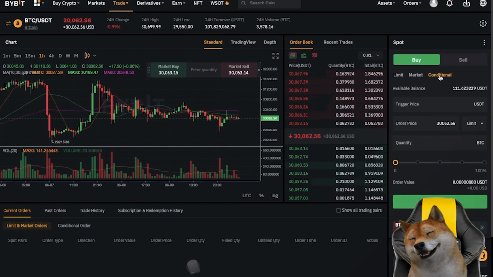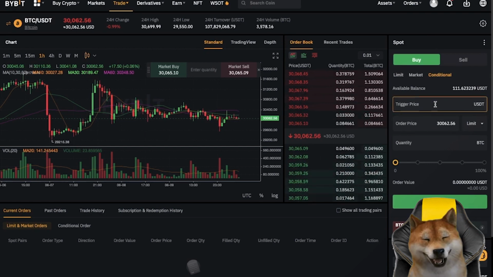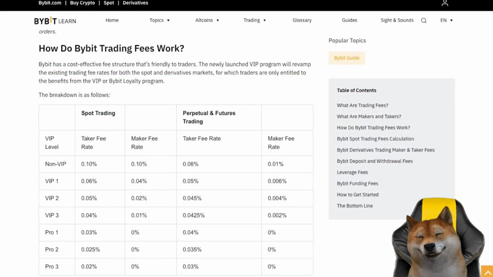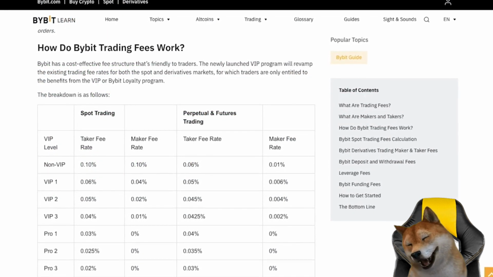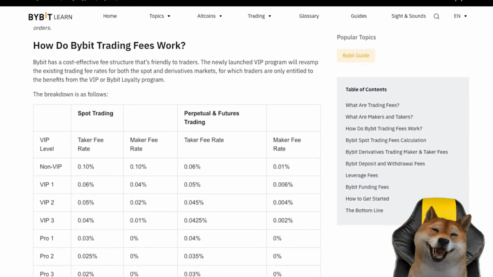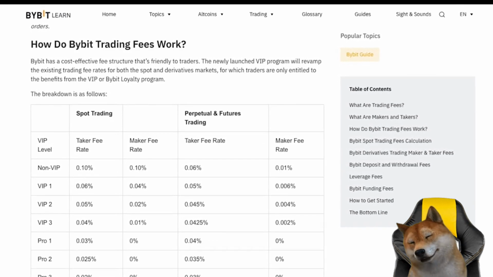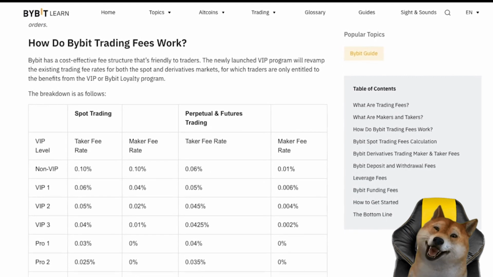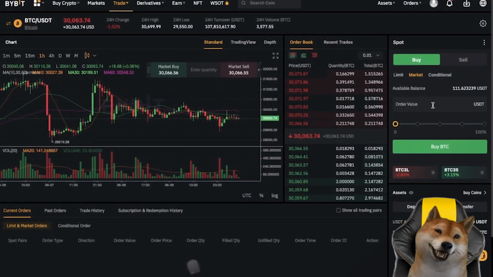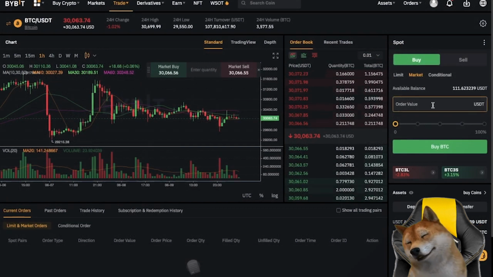reduce losses. And if you're trading less than $250,000, you're going to be paying fees at 0.1%, regardless of your order type. And these fees are incredibly cheap compared to some other leading exchanges. And you'll pay fewer fees as your trading volume increases over time. And you'll also pay less fees for limit orders when you create a price that's not immediately matched by the order book. To place a market order, you simply enter the amount that you'd like to buy, or you can